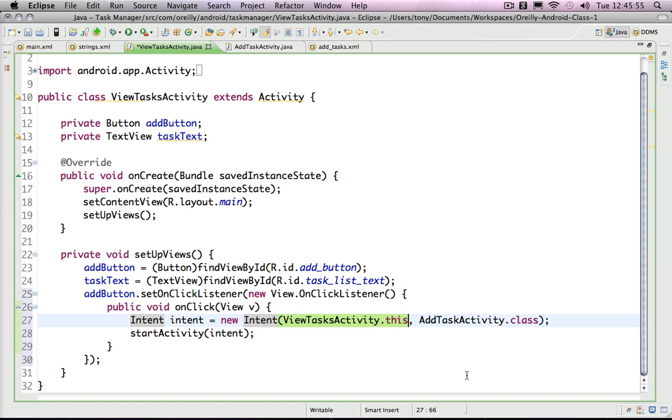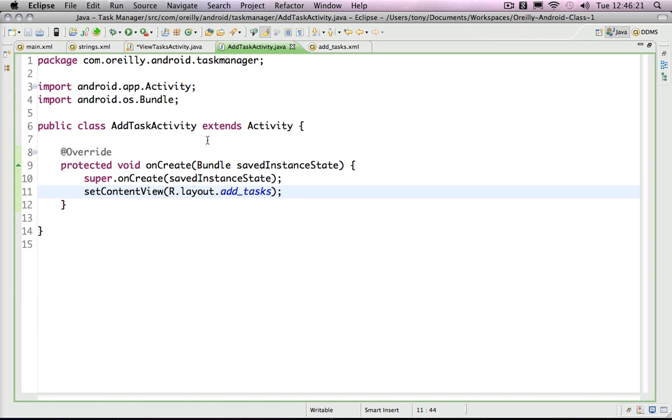that I like to use in Eclipse, which is I type the code that I want to have, and then when Eclipse doesn't understand that, it usually helps me by giving me options for generating code or setting up variables. So all I did was type that before I had the code that would actually make up the add task activity class. And then as I typed that, it gave me the option to create the class, so I created this add task activity over here and then added a method called onCreate, which, you'll remember from last week as well,